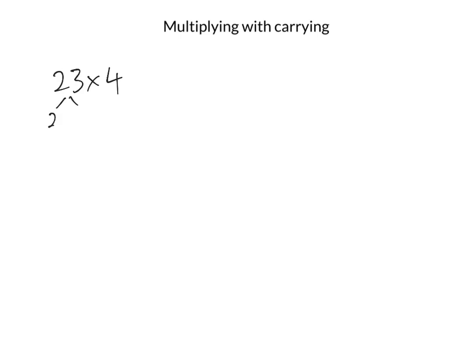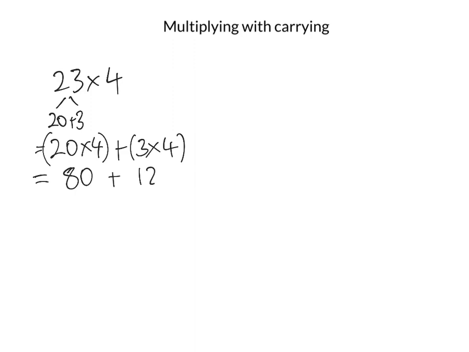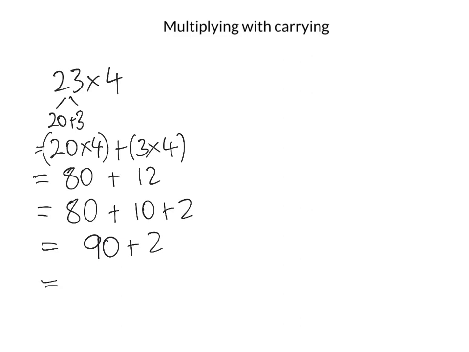Now, partitioning, we know that's 20 and 3. So we get 20 times 4 plus 3 times 4. Now that equals 80 plus 12. Now here's where I'm just going to do things a little bit differently. I'm going to keep the 80, but I'm going to break the 12 into a 10 and a 2. Then I'm going to group the 10s, the 80 and the 10, to make 90, and then I get 92